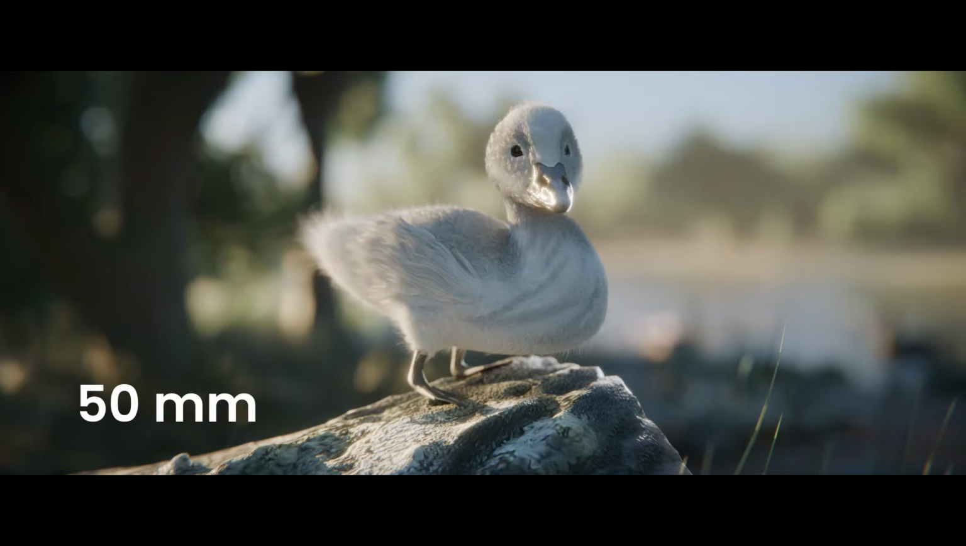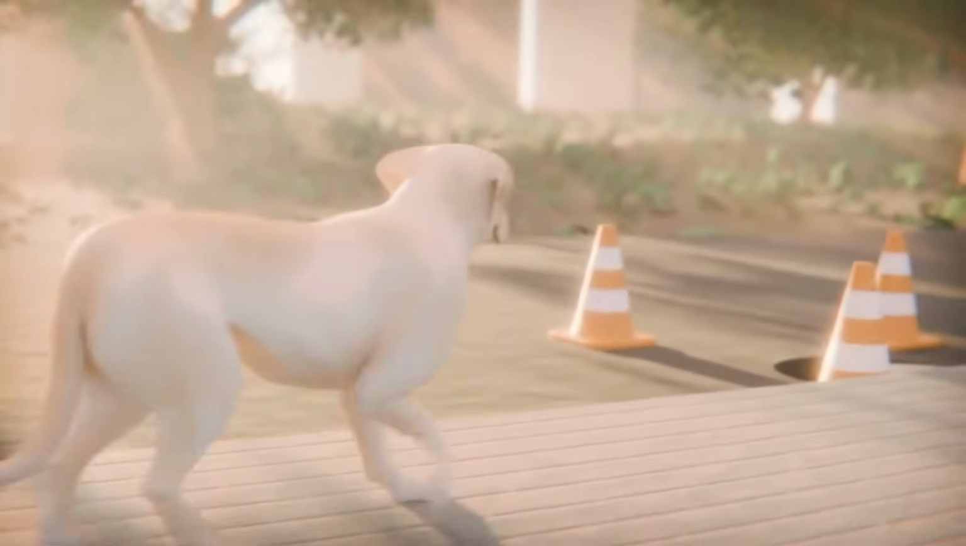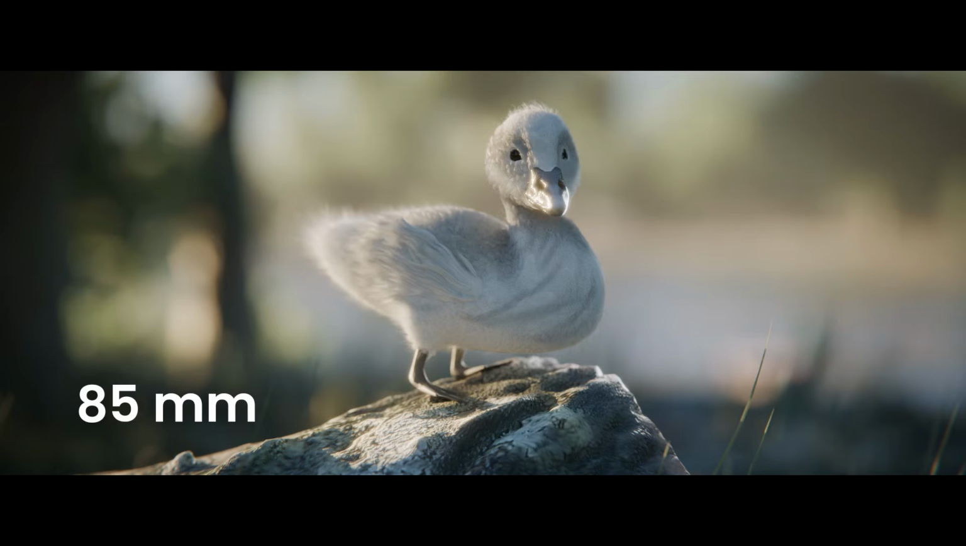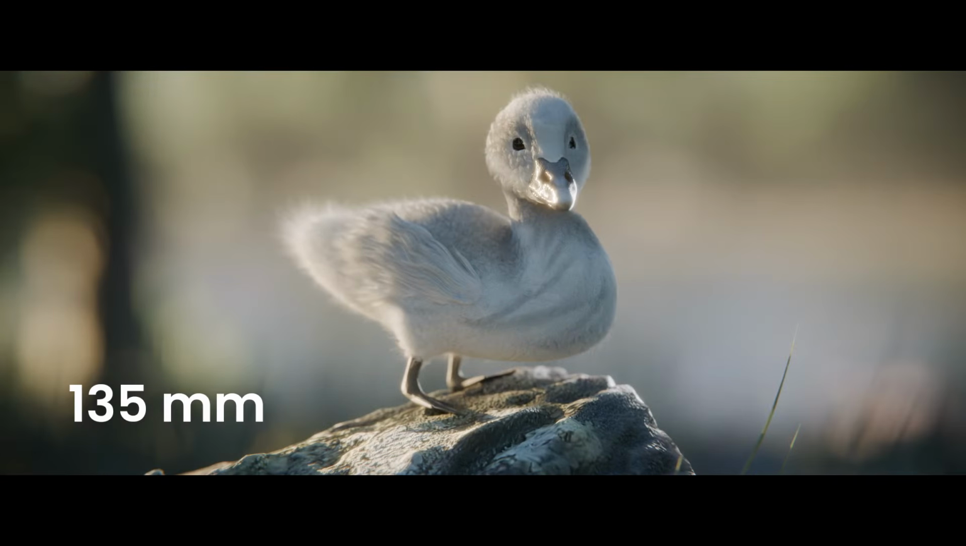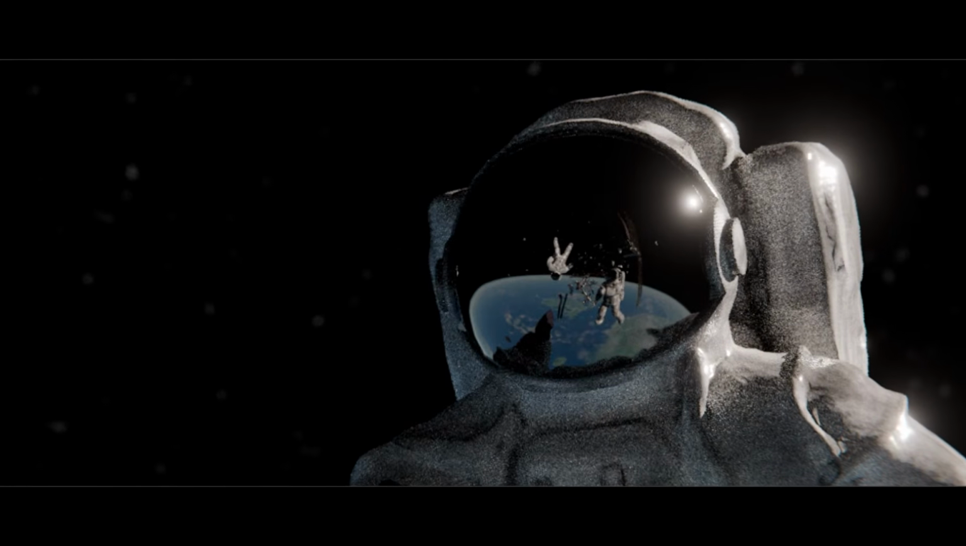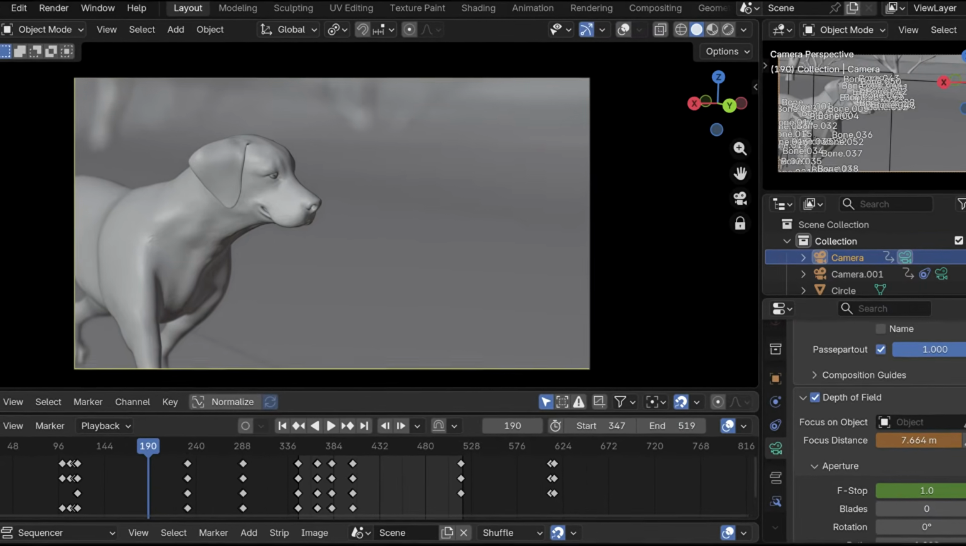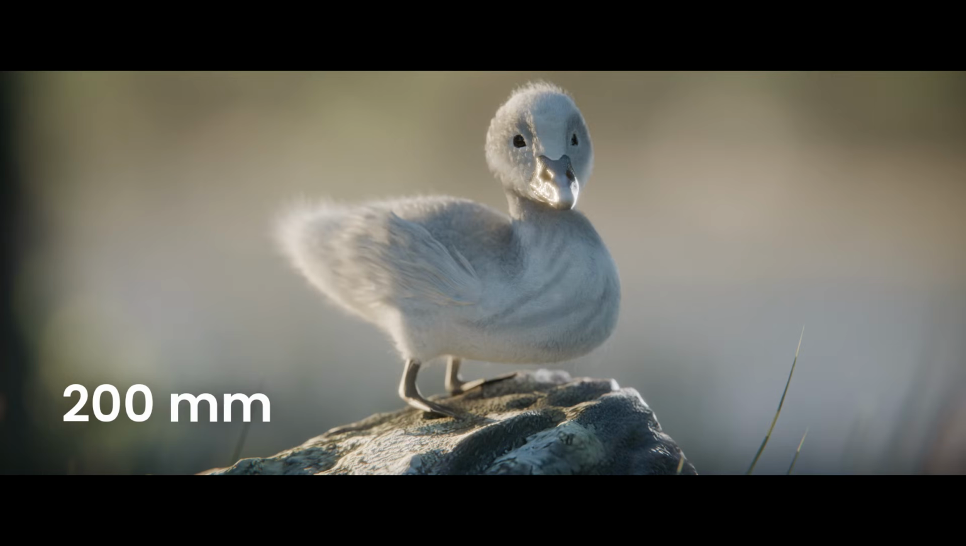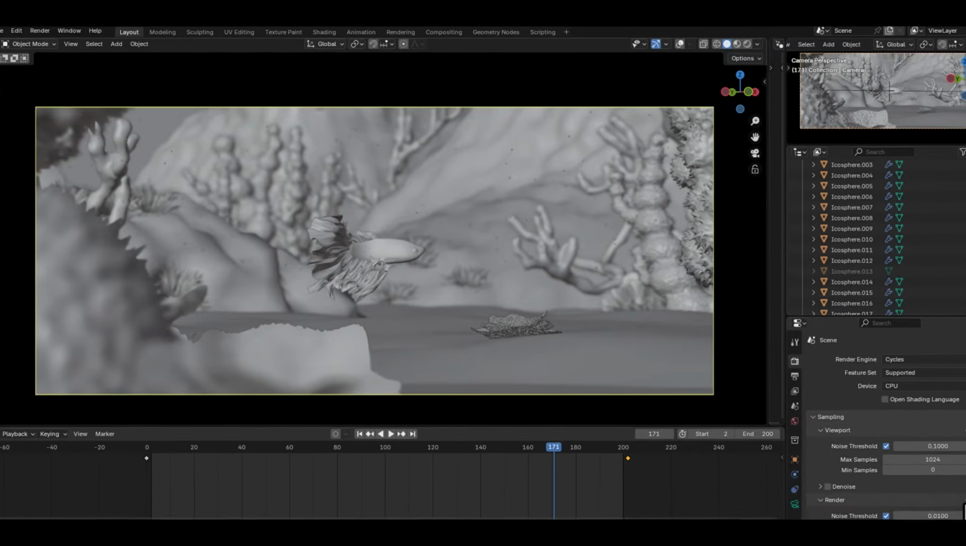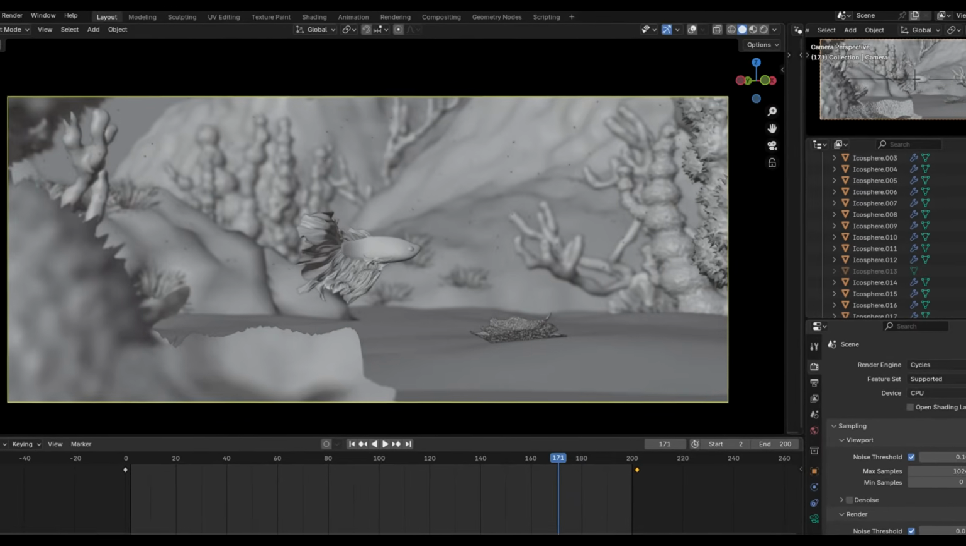50 millimeters is considered a standard focal length and is the closest to the human eye. It is widely used for portraits as well as for versatile narrative shots. The range from 70 to 135 millimeters represents medium telephoto lenses. They work especially well for portraits, help separate the subject from the background, and create a more cinematic look. Focal lengths above 200 millimeters are long telephoto lenses, mainly used for close-ups, compression of perspective, and achieving dramatic visual